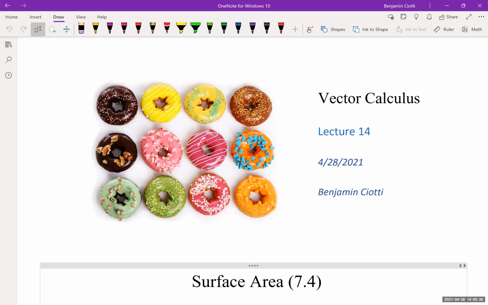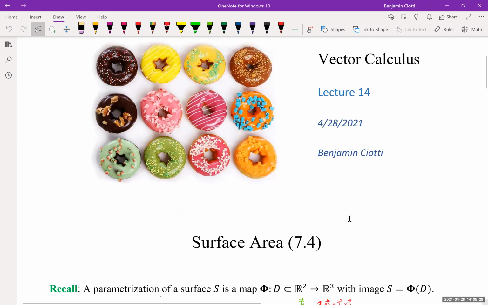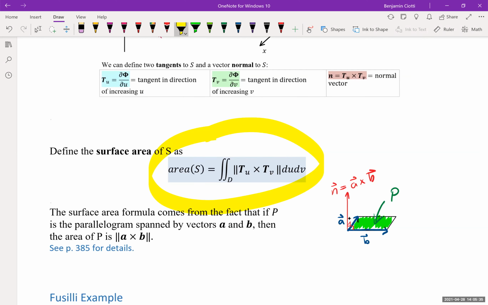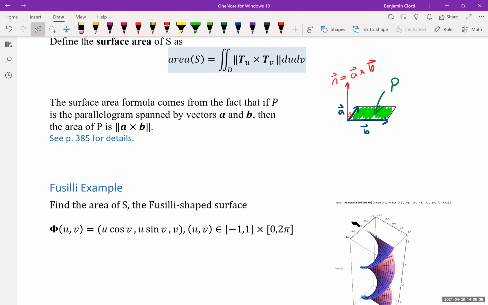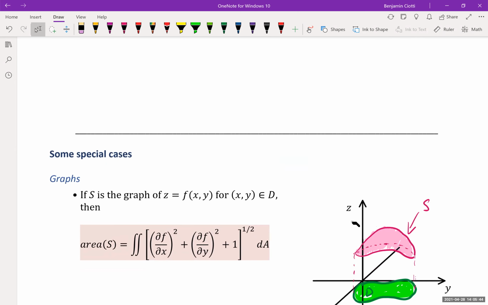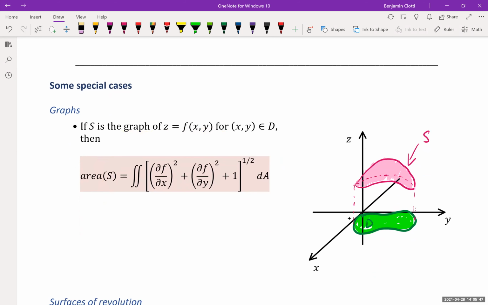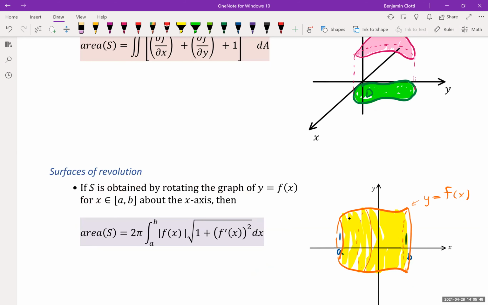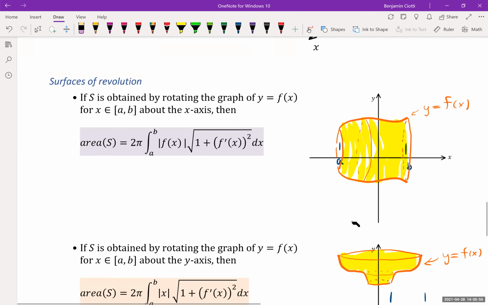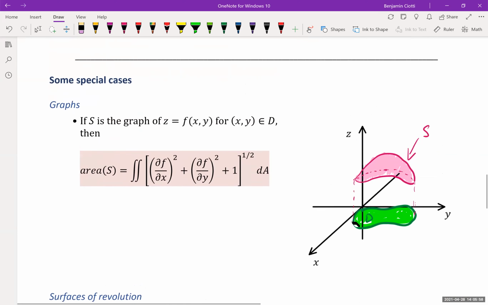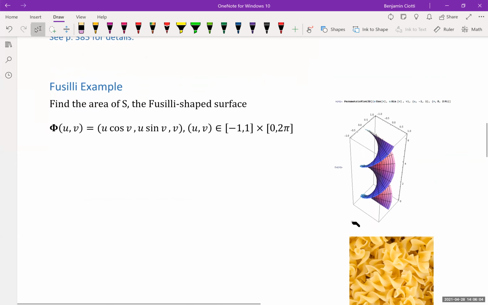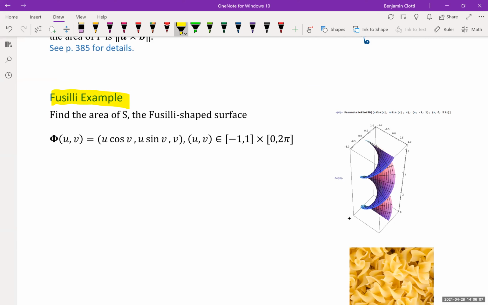Maybe any questions on the lecture, for example. I was talking about surface area. I gave the surface area formula, which is this one. I also gave 3 special case formulas: this one for a graph, this one for a surface of revolution, and this one, which is also for a surface of revolution. Okay, so if there aren't any questions on that, then I'll do the first example, which was about fusilli,